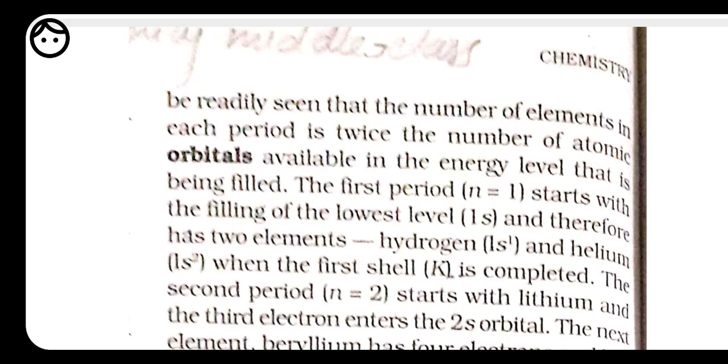So as such, only 4 orbitals, that is, n is equal to 3, are filled before the fourth energy level begins to form. Okay, so there are only 8 elements in the third period. Once again,